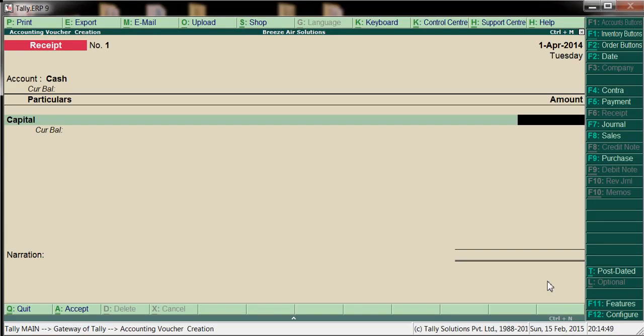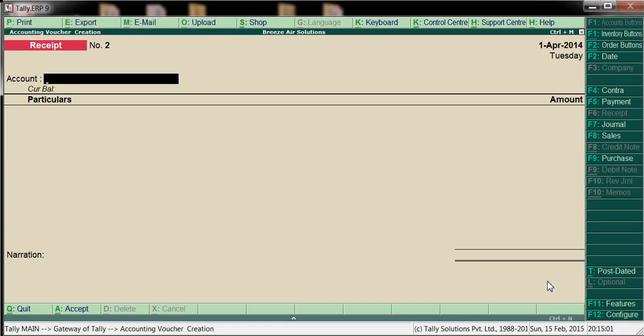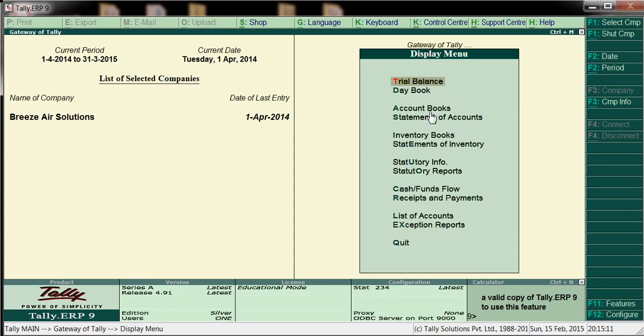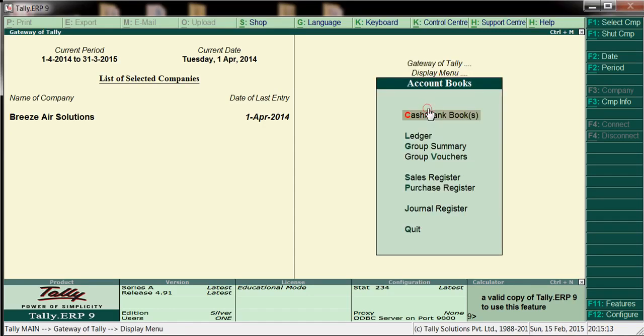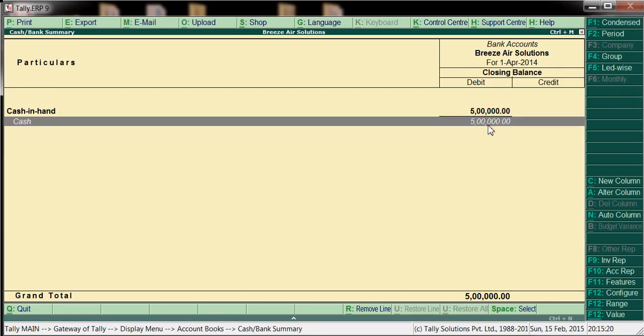We'll take around 5 lakhs, enter. Now if you go to display, account books, cash and bank, here we'll see the balances. See, we have cash of 5 lakhs.